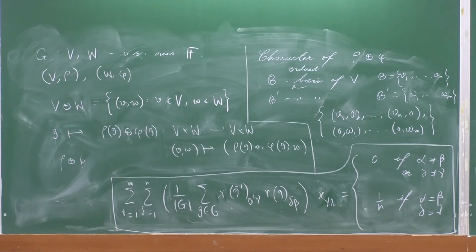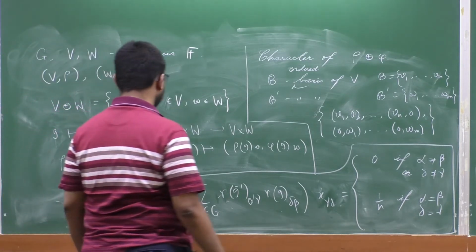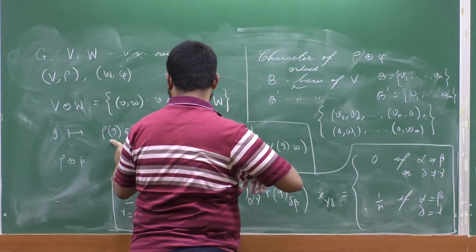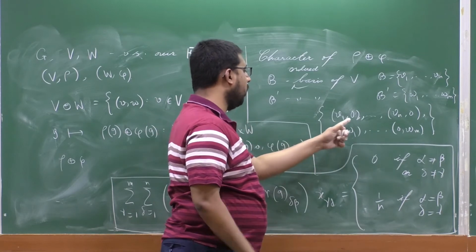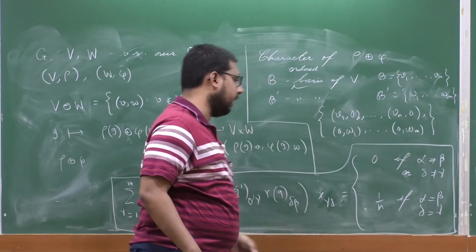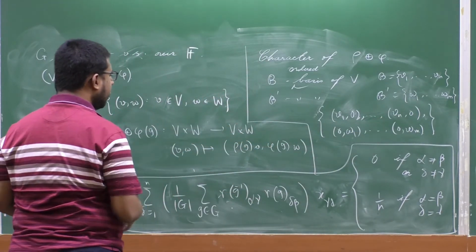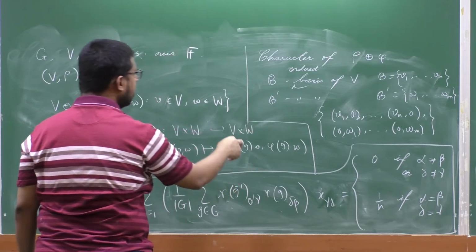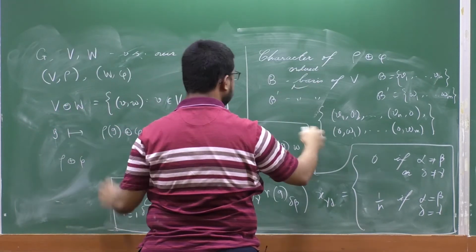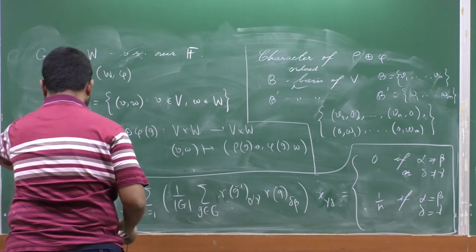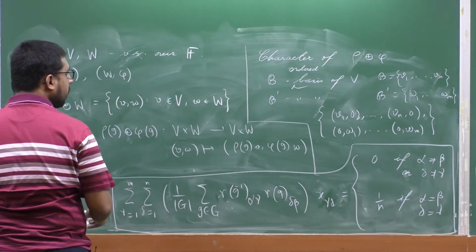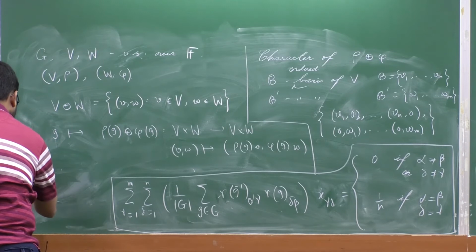You see that first of all, rho g V1 up to rho g Vn, and for all of these you will have 0 in the second component. So basically the matrix representation of this direct sum with respect to the ordered basis is going to be the following: